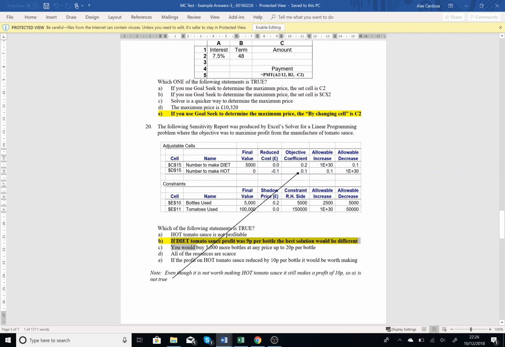So therefore, if diet tomato sauce was 9p per bottle, the best solution would be different. Well, no, because the reduced cost, it would have to be... if diet tomato sauce was 9p per bottle, it would be different, yes, because then what would happen is that would